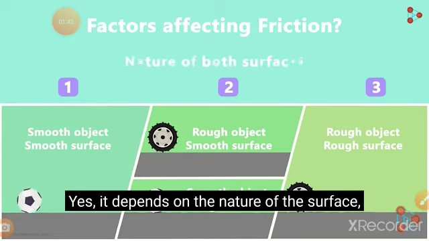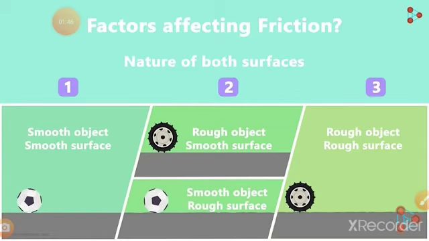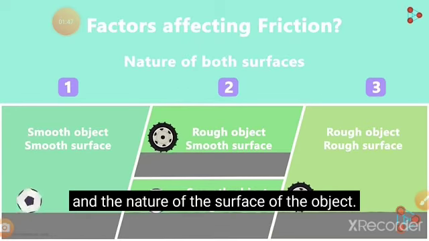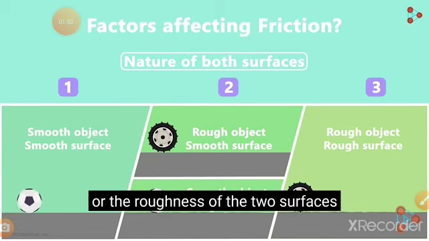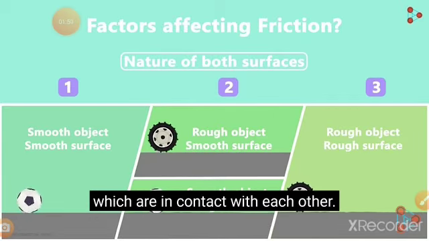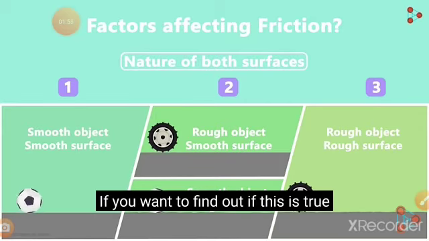Yes, it depends on the nature of the surface on which the object moves and the nature of the surface of the object too. It depends on the smoothness or the roughness of the two surfaces which are in contact with each other. If you want to find out if this is true,